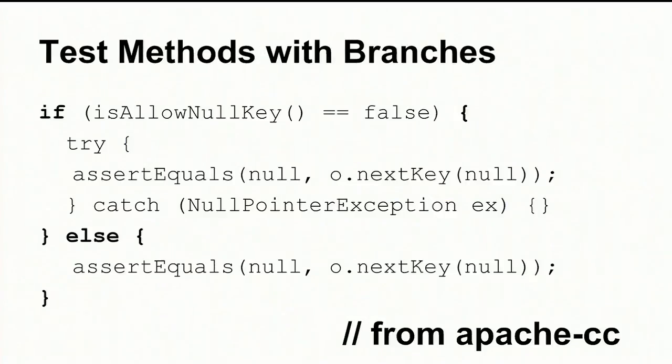The next thing I looked at, beyond just their length, was how many of them had branches, right? If you have code that doesn't have branches, then in some sense it's pretty simple. It just starts at the beginning and goes through to the end. And here's an example of a test that has a branch. It has an if-else, so this actually happens. In the if branch, it is going to call assert equals wrapped in a try block. On the else branch, it does the same thing, but it's not wrapped in a try block.